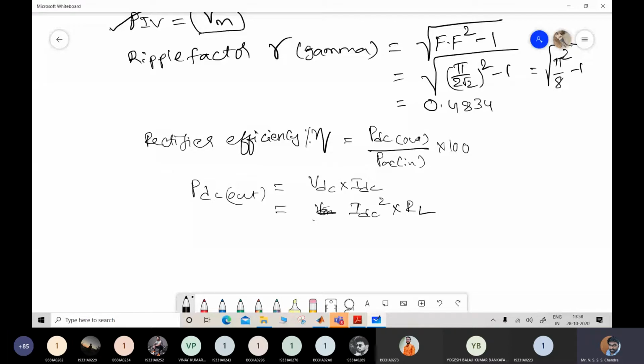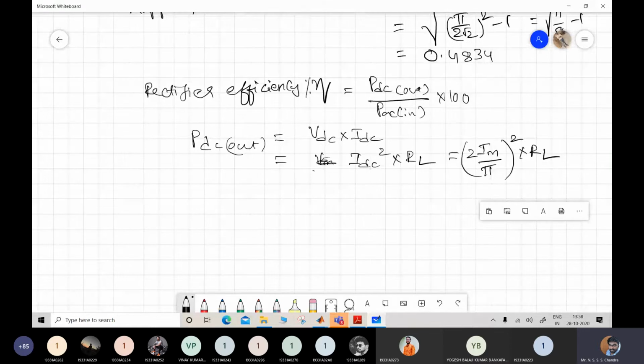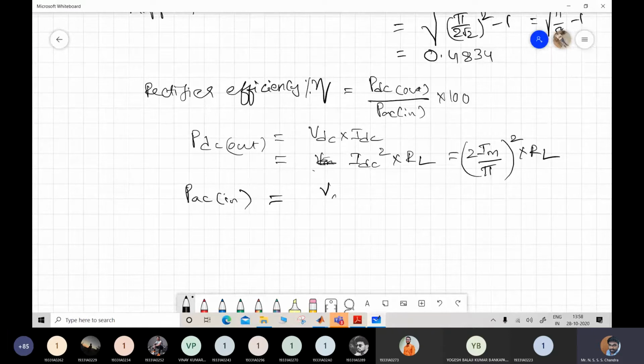So what is the IDC value? Tell me the IDC value. 2 IM by pi. Okay, 2 IM by pi whole square into RL. You keep it aside. And then you have PAC at the input terminals. PAC at the input terminals is the voltage at the terminals of the secondary of the transformer, so VAC input into